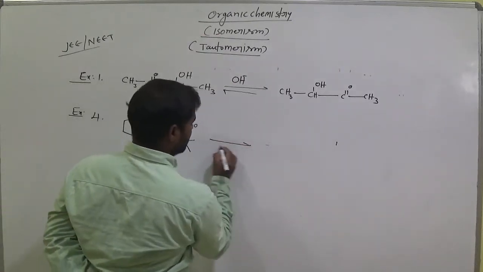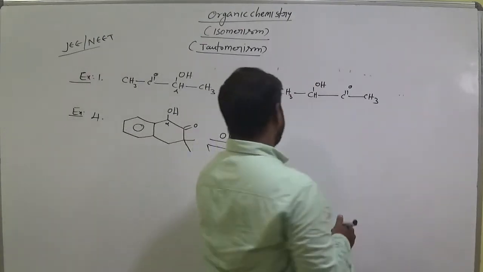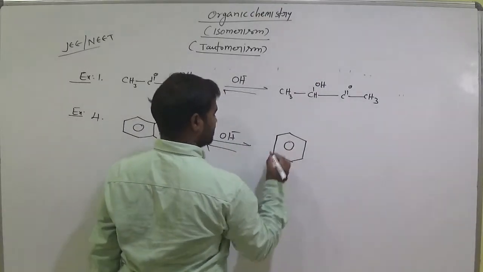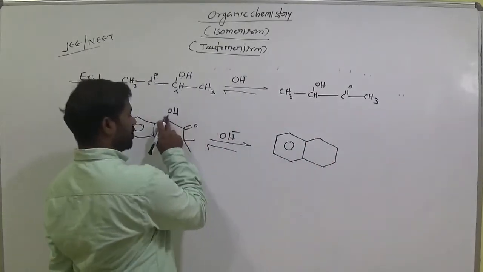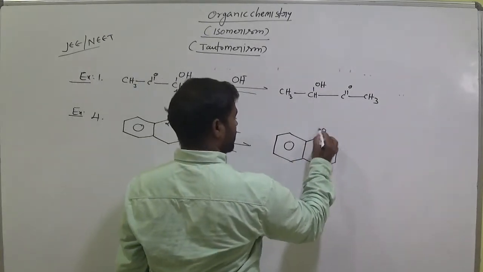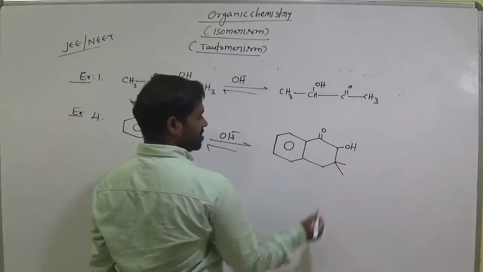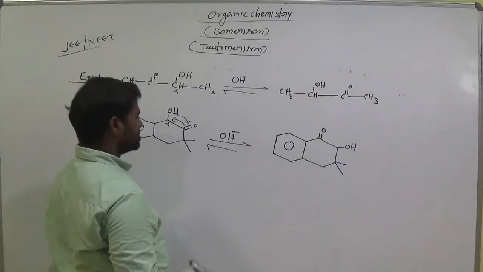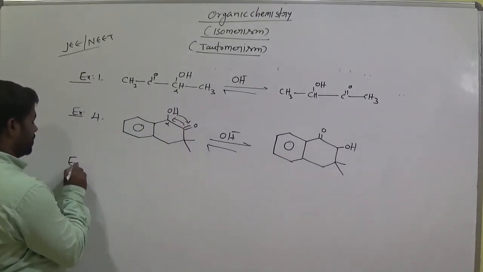Now what are we expecting? What is the expected product here? This is benzene. The C double bond O exchanges. C double bond O is here and OH is here. These two groups are as usual. Clear? That is the expected product. Simple, just exchange their position on the ring. And the fifth example.